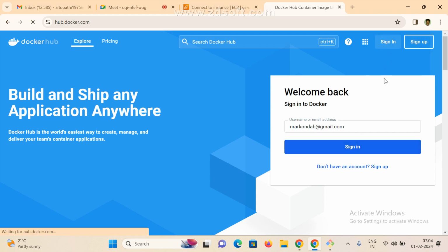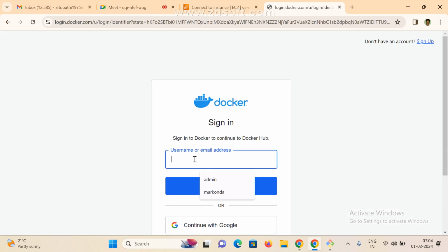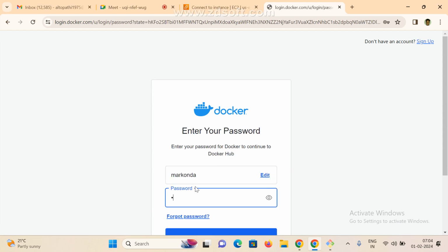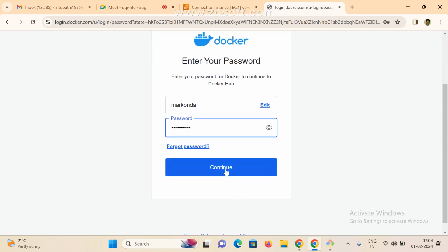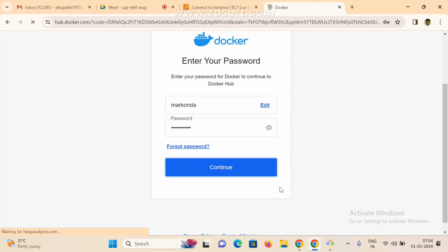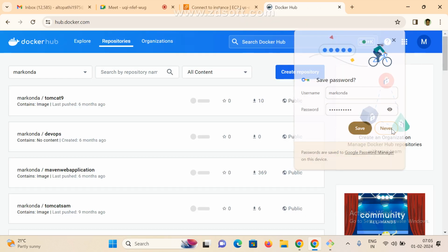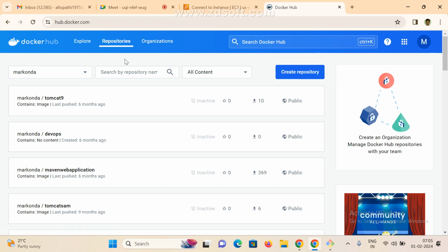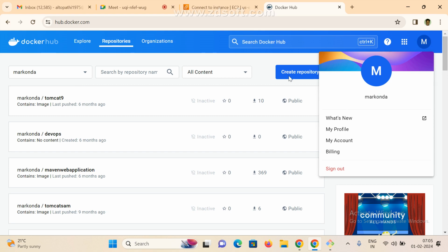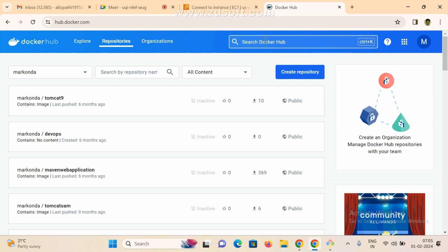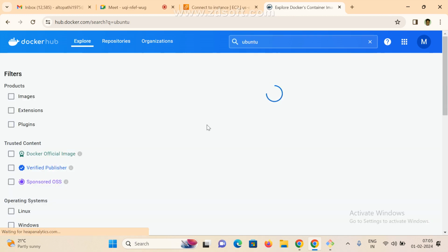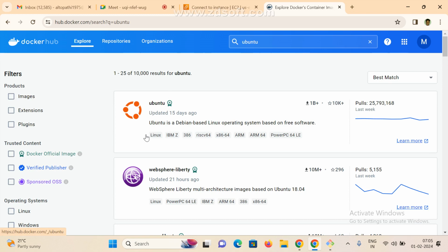Suppose I already have a username and password. Click on sign in and see. I will show you how it will come. Whether you are available or not, we can check it. So this is very simple only. Just click on sign up and it is asking for email ID and password only. It won't ask for more fields. Very simple. Now if you go here, see my account. I logged in to my account. I am in my account. So if you go here, search Docker Hub, anything. For example, Ubuntu. Already I searched, right? So these are the official images. See,